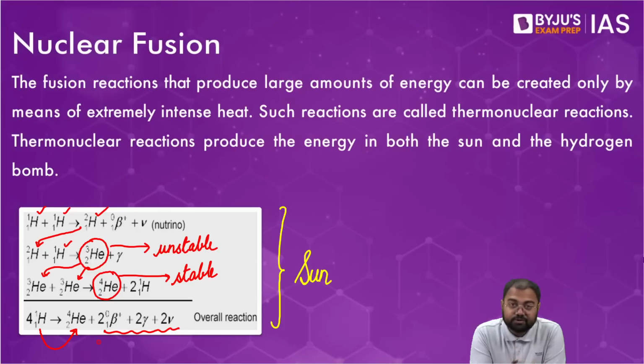Now this is also because this process is not that easy. Nuclear fission as compared to nuclear fusion is a lot easier process, and easier to implement even for us. Nuclear fusion, on the other hand, needs very, very specific conditions, and only under these specific conditions is nuclear fusion possible. Otherwise it is not possible. So that's why we need extreme conditions. And what are these extreme conditions? Something that we have inside the sun: